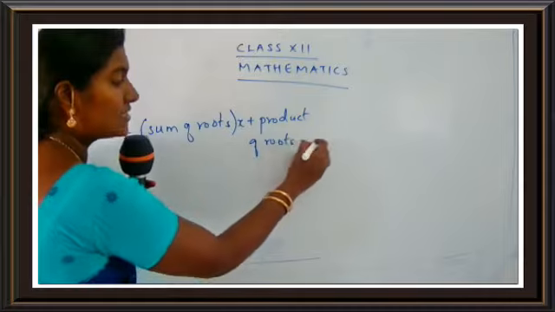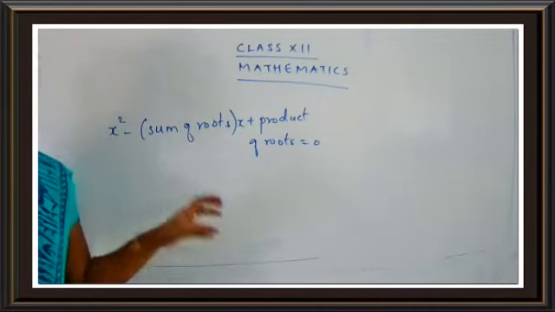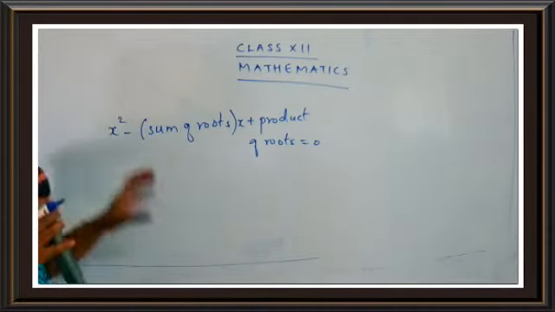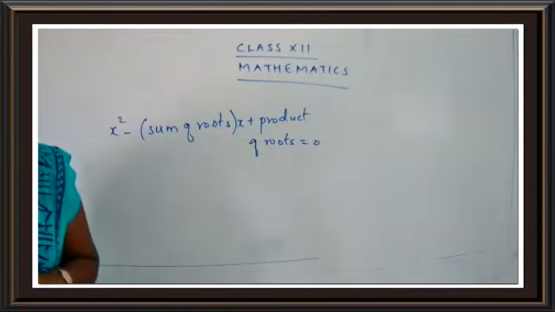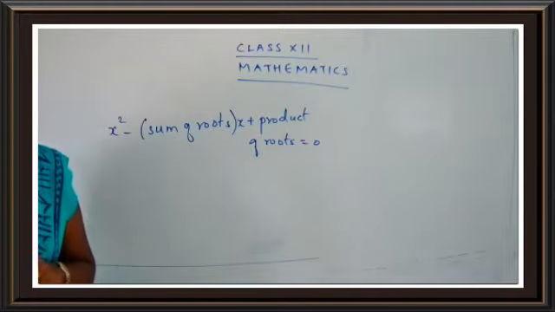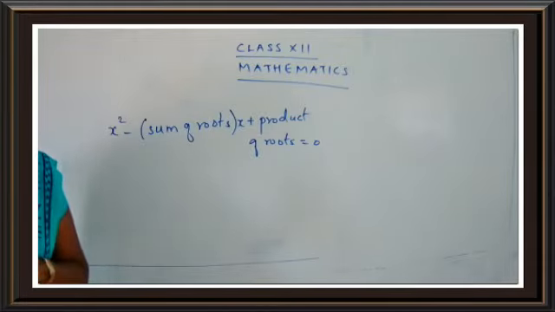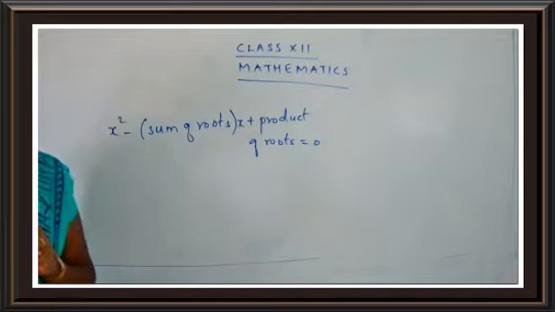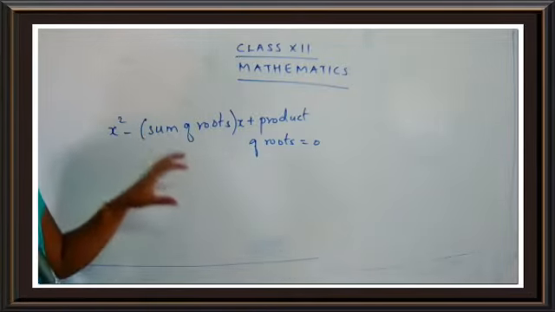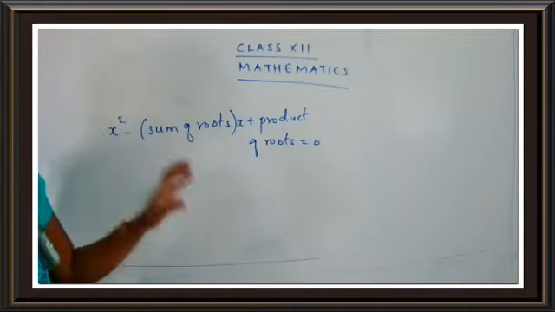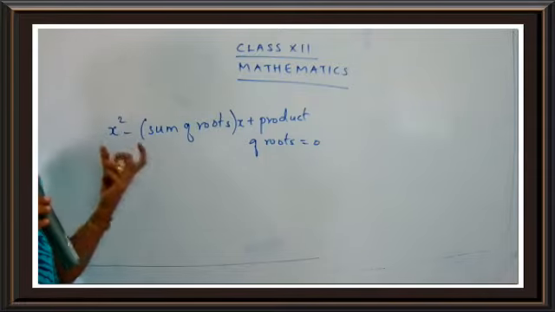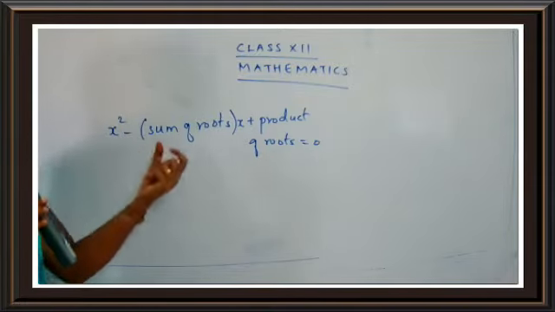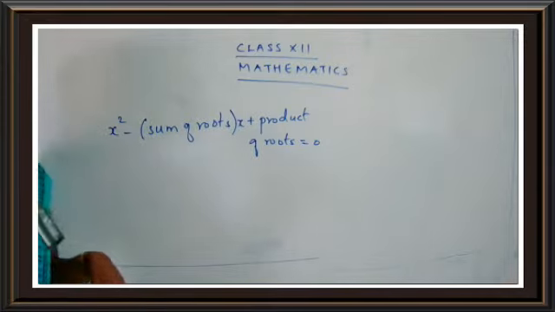Yes, children. So we just studied that this is the general form of a quadratic equation. But actually, what is this called? This is called the Vieta's formula. You can just refer to your page 100. We've seen there, children, they have given you a topic called Vieta's formula for quadratic equations. So we just studied that this is the general form of a quadratic equation of degree 2. That is, you should write it in the form of x square minus sum of roots the whole x plus product of roots is equal to 0.